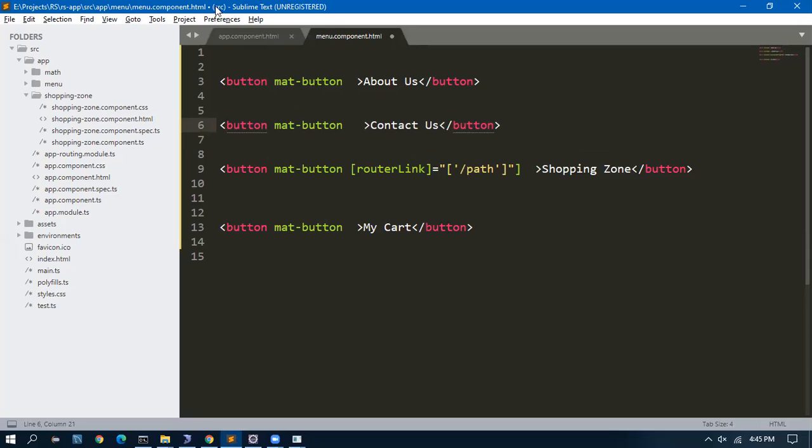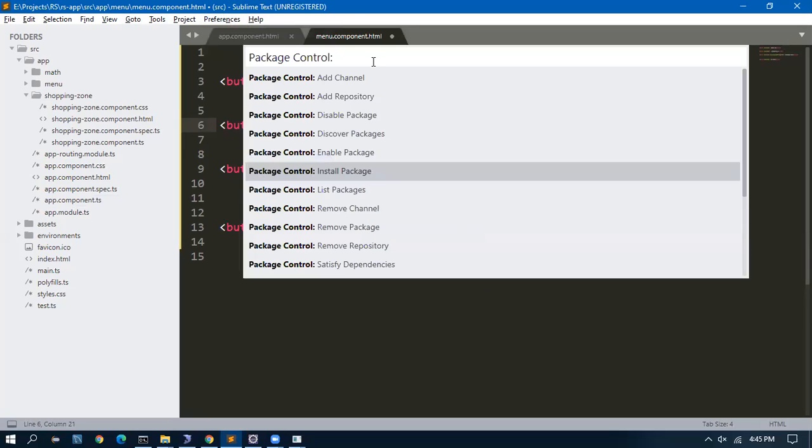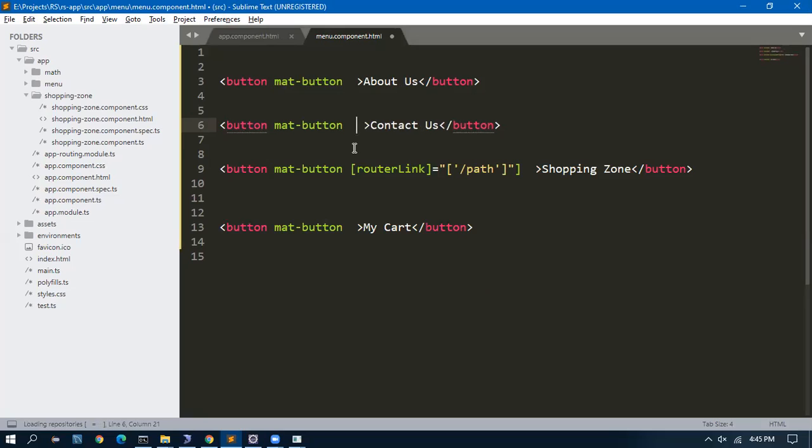If you go to preference, package control, install package, and then Angular 2 snippet, you see whether you are having something.